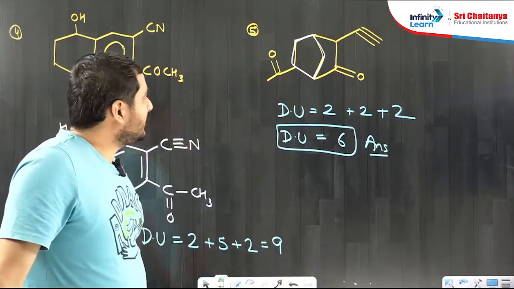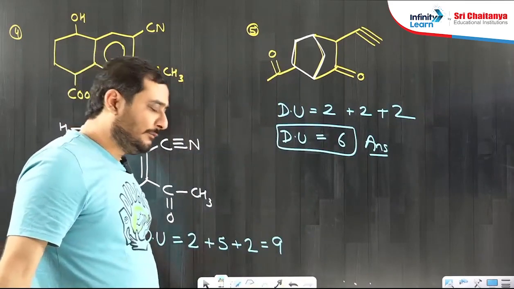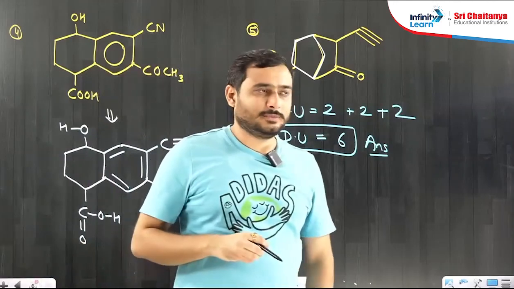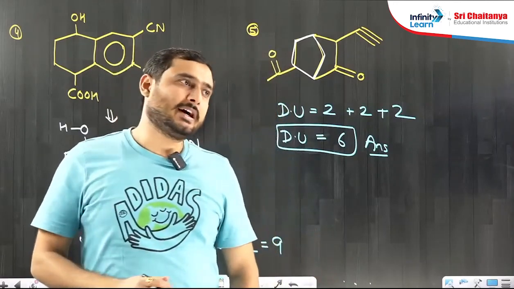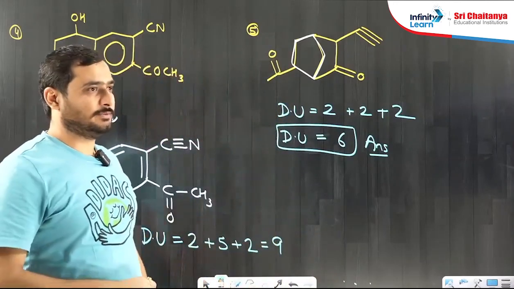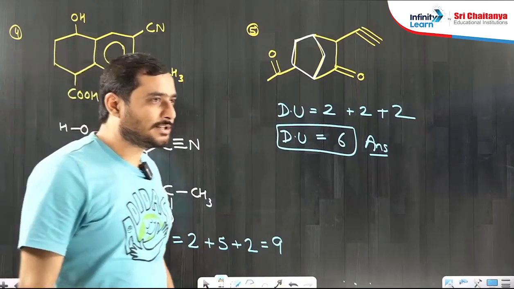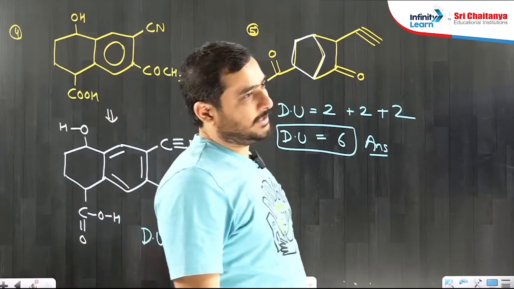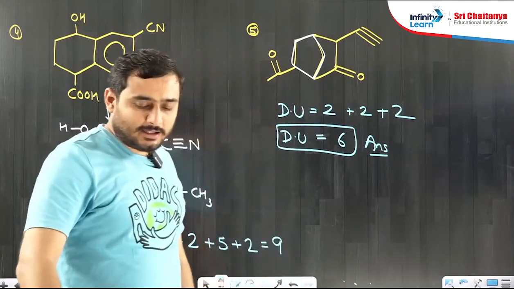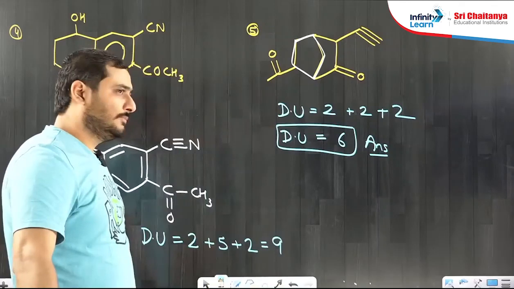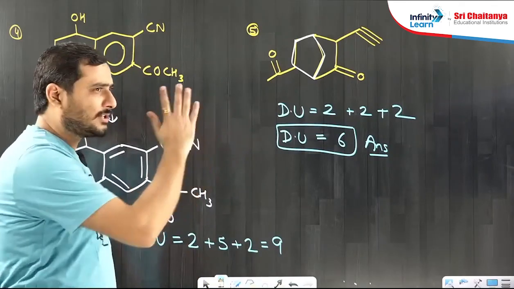Clear? So any doubt in these questions? If a molecular formula is given, or if a structure is given, then how do we find the degree of unsaturation? Well, students, do you understand this complete part? How to find the degree of unsaturation? Okay, let us move to the next part. Now, this is required in the first question. This is simple, calculating the degree of unsaturation.